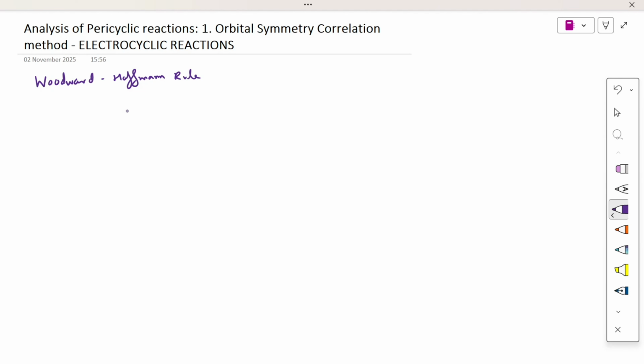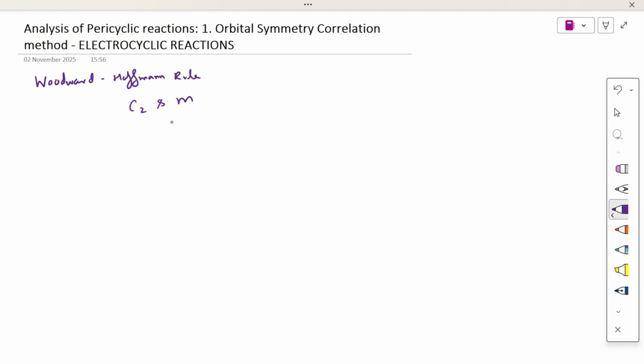So today let us see how we are going to arrive at the Woodward-Hoffmann rule for electrocyclic reactions based on the orbital symmetry correlation method. This method is a bit tedious, but I'll make it simpler for you. First, we are going to consider symmetry properties like C2 and M. C2 is the axis of symmetry and M is the plane of symmetry. And we are going to consider the symmetry properties for various molecular orbitals which are involved in bond breaking and bond formation. And these are to be considered throughout the reaction.